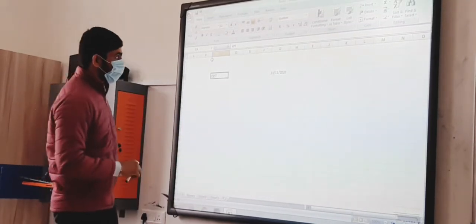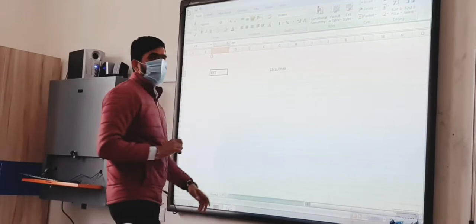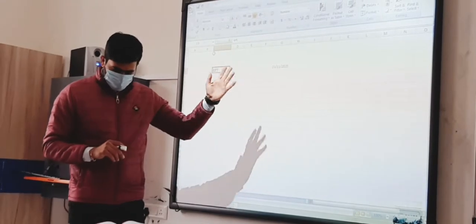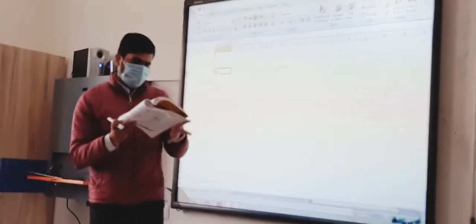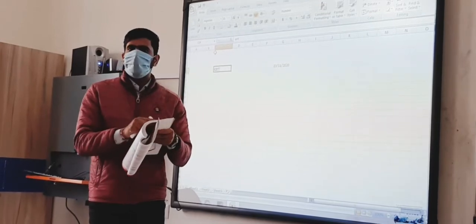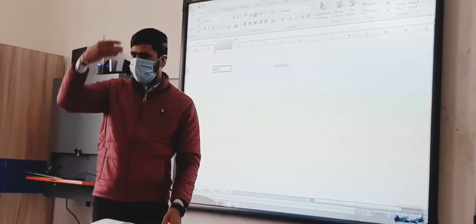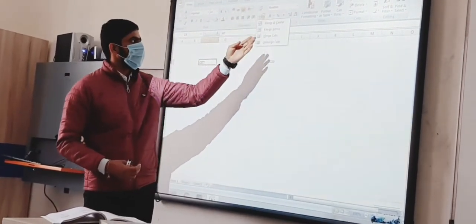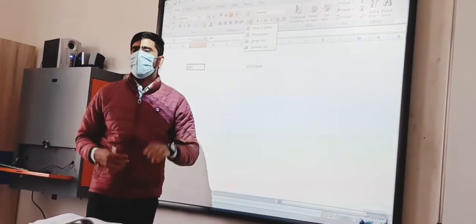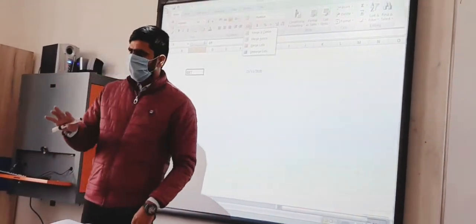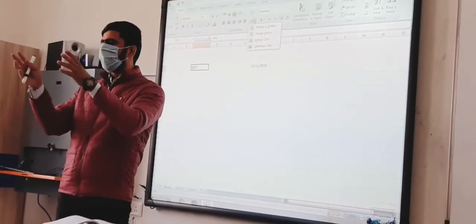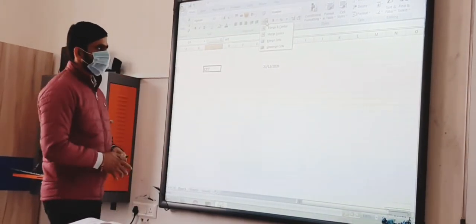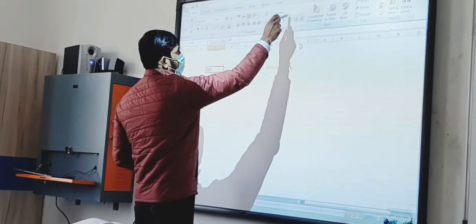Okay. Next one, this one is for text wrap. Suppose you have an Excel sheet and you want your text to be written like this. Like in your book, you will see lesson 14. So here the lesson is written on the top and the bottom board. Okay, top and bottom board पे लिखा हुआ है. So we can do the same thing with text wrap. And here is merge cells and merge across, merge cells or unmerge cells. Merge तो पता है. Merge means if you want to merge two cells, दो cells को एक जगह मिलाना है, that is called merge cells. We have already discussed these options.